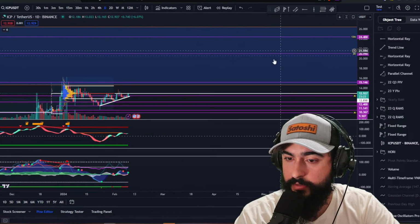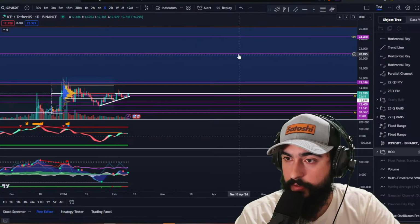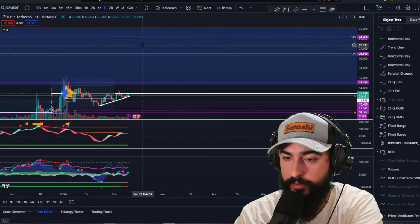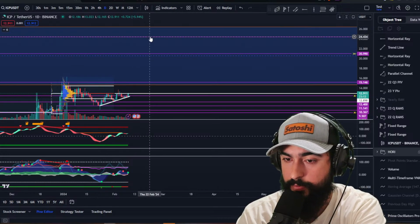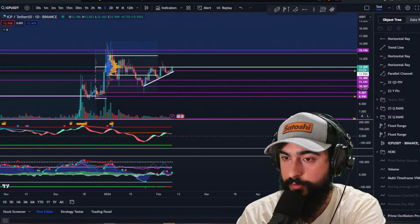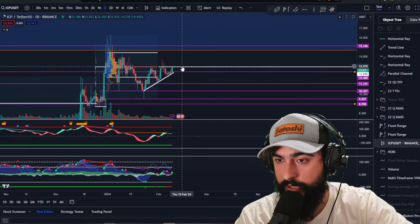There's obviously going to be some levels here. This purple line is $20, and this other purple line up here is 24. 20 is going to be resistance. But if we lose that level, if we come back down, if we get rejected here,